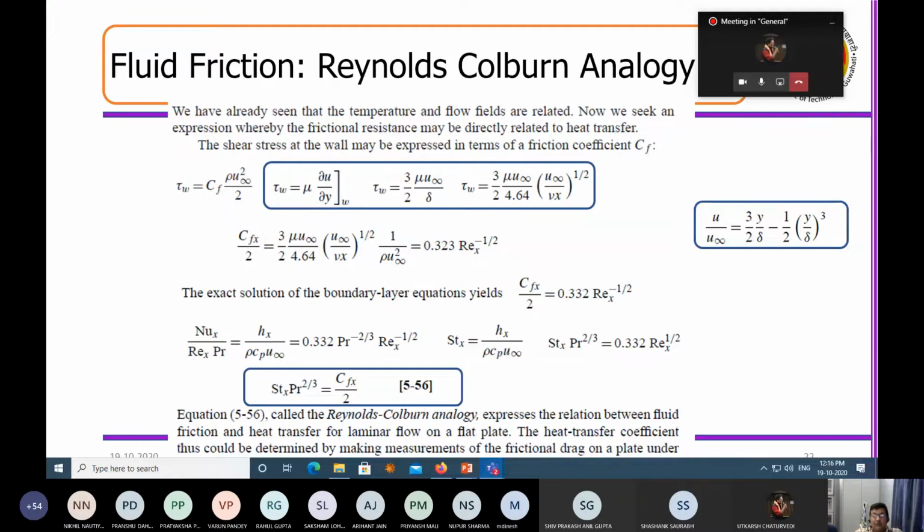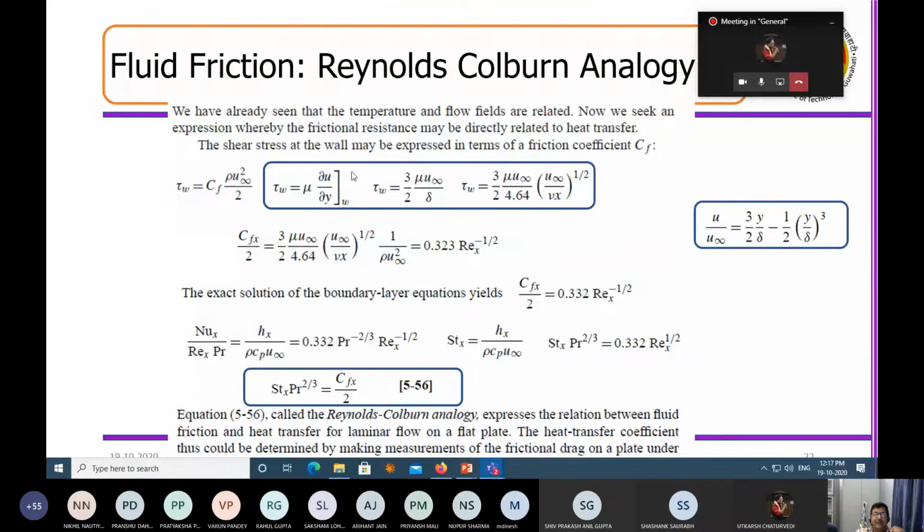Suppose you have two surfaces, and I am just rubbing them with a very low velocity. So there will be some sort of friction. Now suppose I start increasing the velocity, what will happen? You will see the heat generation will be more. So the mechanics or the kinetics associated with this process, you can define as u infinity square. So half rho u square is the kinetic energy. So kinetic energy of the material has some influence on the wall. That's why it is said that tau w equals Cf rho u infinity square by 2.